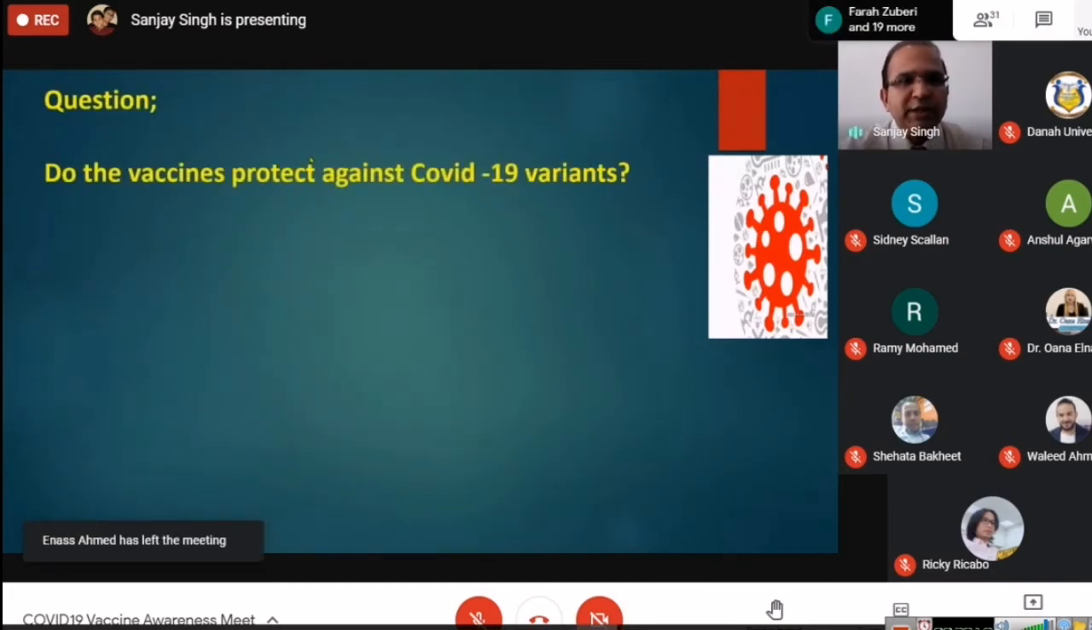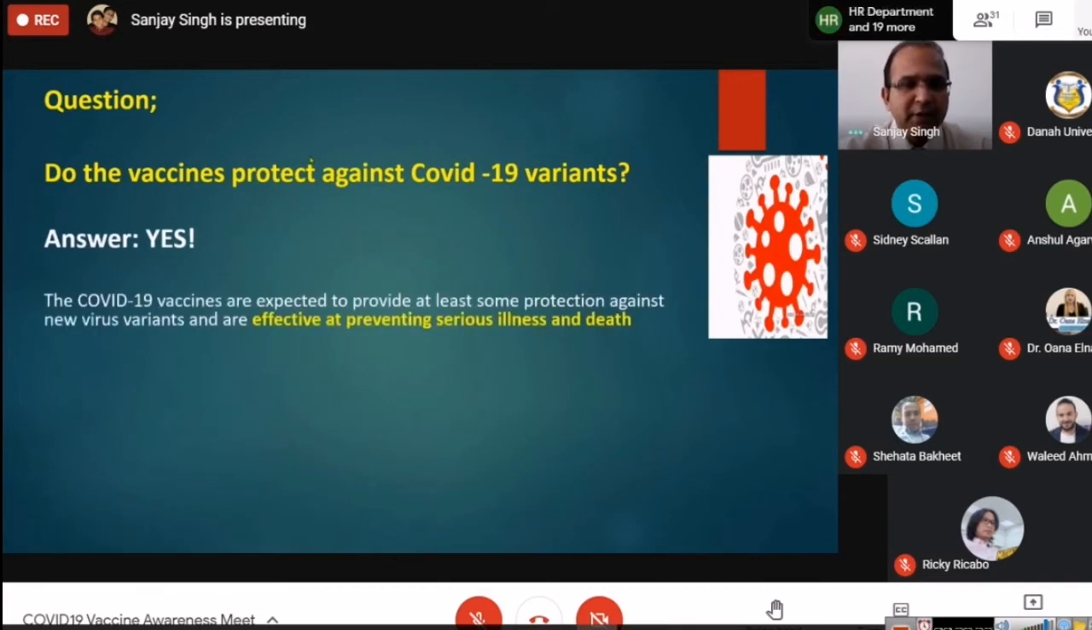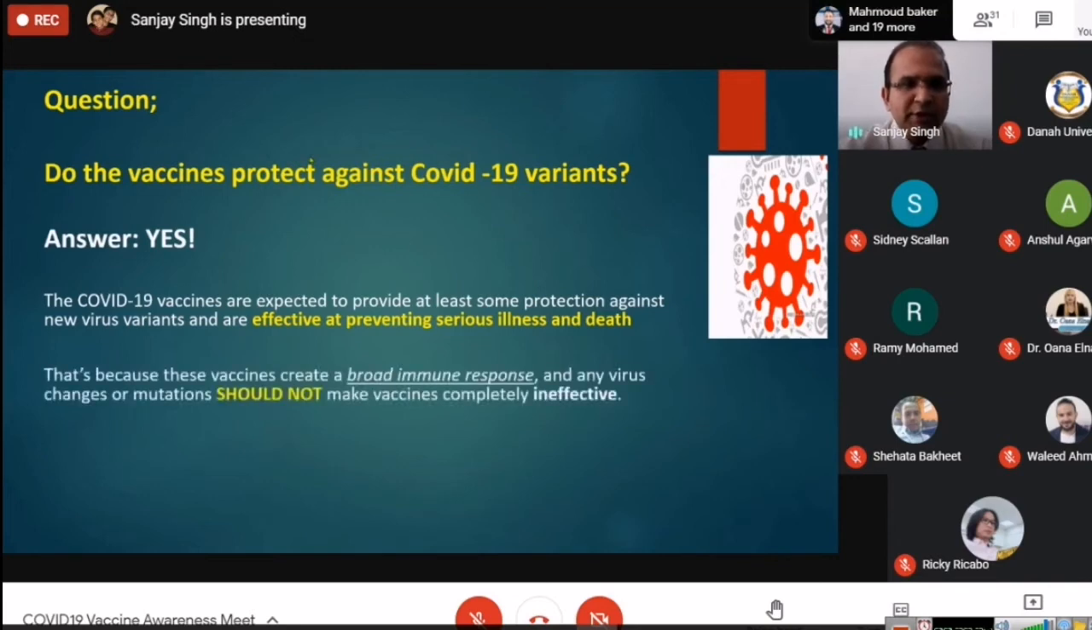Do the vaccines protect against COVID-19 variants? Yes, they do. The COVID-19 vaccines are expected to provide at least some protection against new virus variants and are effective at preventing serious illness and deaths. That's because these vaccines create a broad immune response, and any virus changes or mutation should not make the vaccine completely